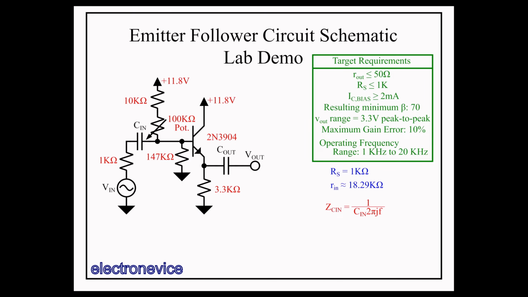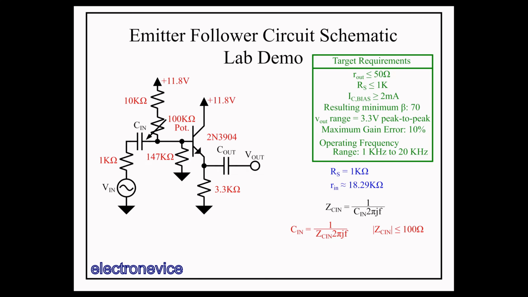The capacitive reactance, which is just the impedance due to capacitance, for Cin is equal to 1 over Cin times 2 pi times the imaginary unit j times the frequency. The worst case frequency for this parameter is the minimum frequency. Rearranging this equation to solve for Cin, we get Cin equal to 1 over Zcin times 2 pi jf. We take significantly less than to commonly mean a factor of 10 lower, though of course you can calculate everything out by using the imaginary representation of Zc and adding that to Rs to create a new source impedance containing both, but it's usually good enough to assume a factor of 10 lower.